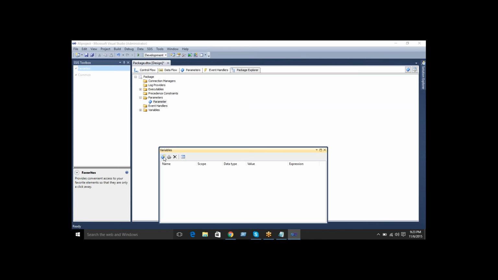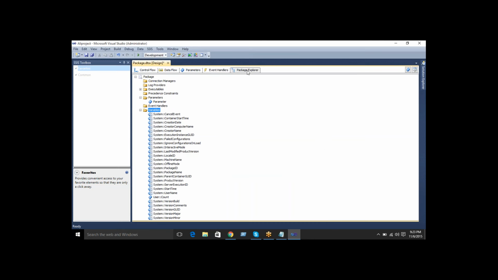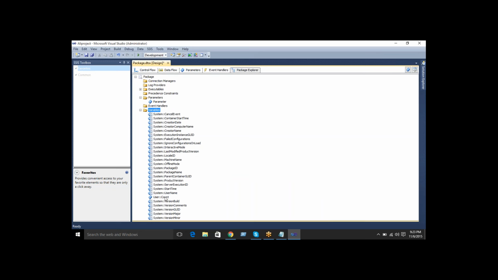I added a new variable, for example, count. We'll discuss later how to add a variable and a parameter, don't worry. Just for example purposes, to show what a package explorer is, I added these. See, this variable is stored in the package explorer. Just refresh here. See.